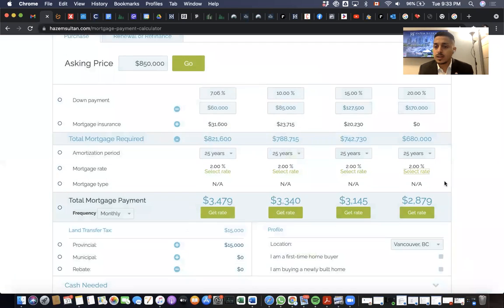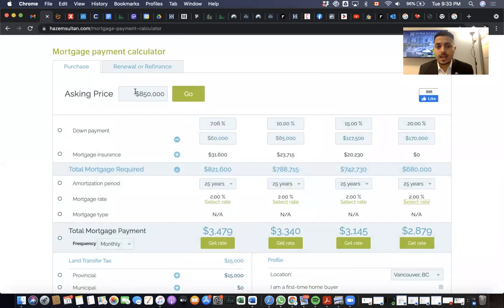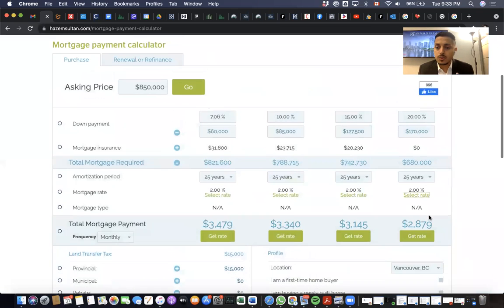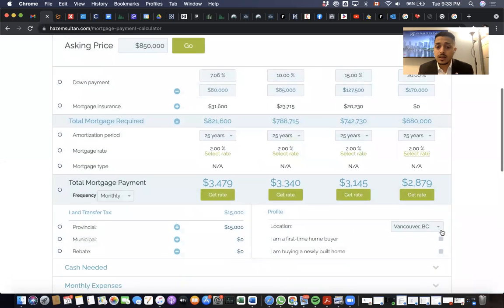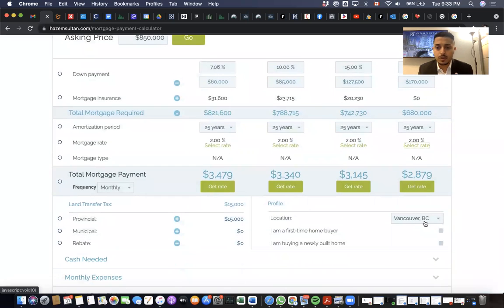So in this scenario, if the purchase price is $850,000, and you're putting down 20%, which is 170,000, with a 25-year amortization and 2% mortgage rate, you're looking at around 2,800, 2,879 to be exact. And here's some of the information that you would want to input as well. Location is Vancouver, and whether you're a first-time home buyer or not, or if you're buying a newly built home, because there are some exemptions as far as the